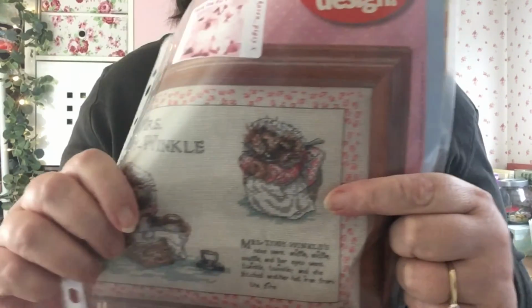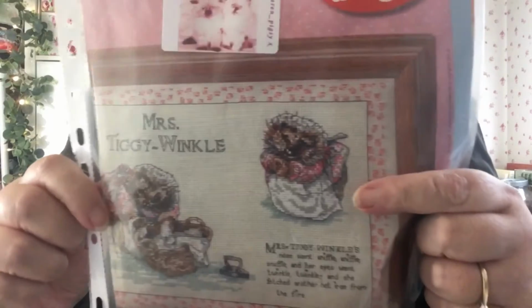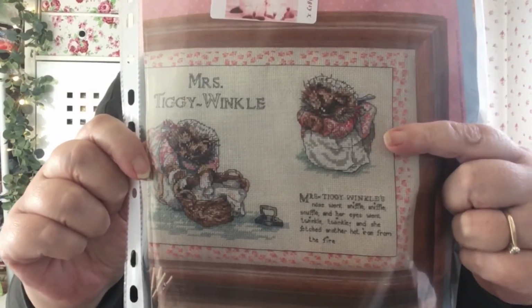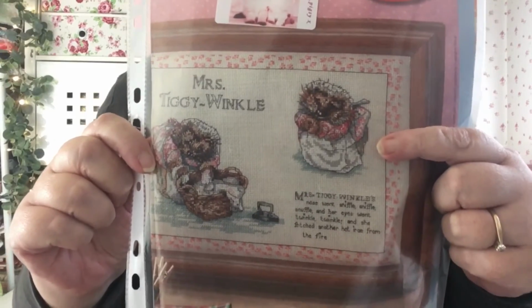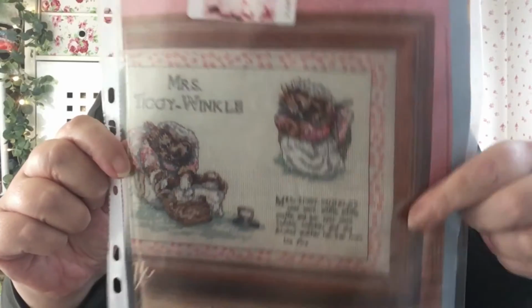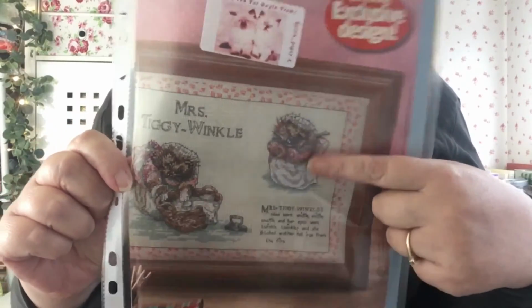This is Mrs. Tiggy Winkle. This is the hedgehog that actually irons. So that's her job. I think she's the washerwoman. And I thought it'd be nice to have a block with Mrs. Tiggy Winkle on. So I've got some old linen, and I bought this special DMC,